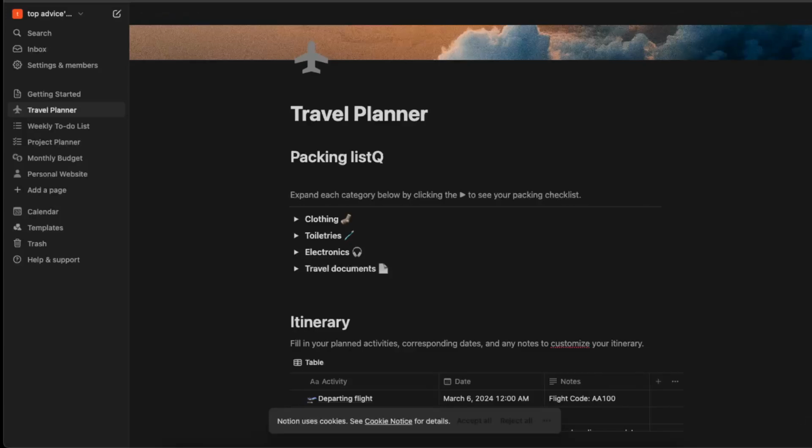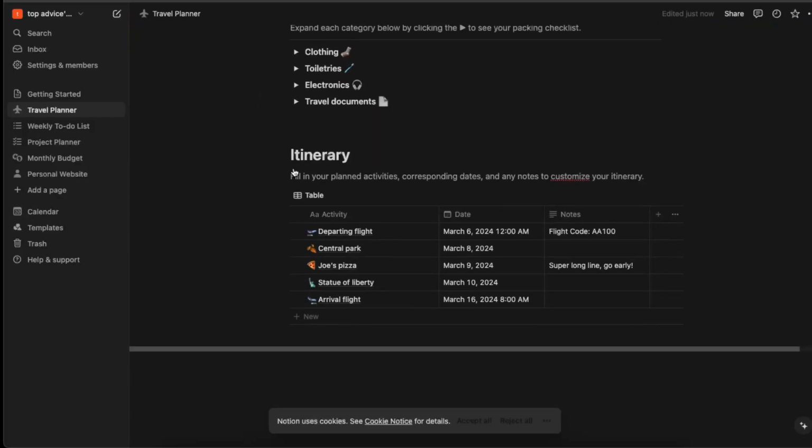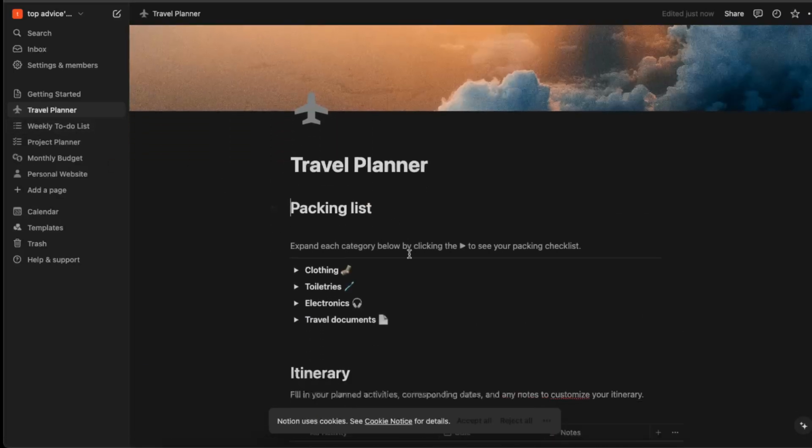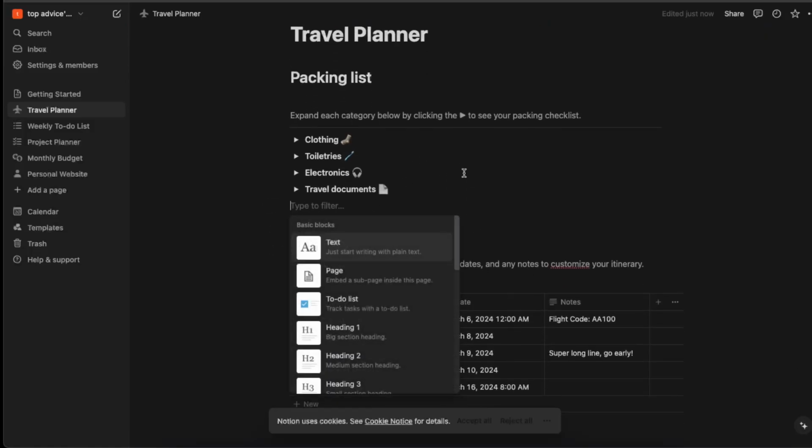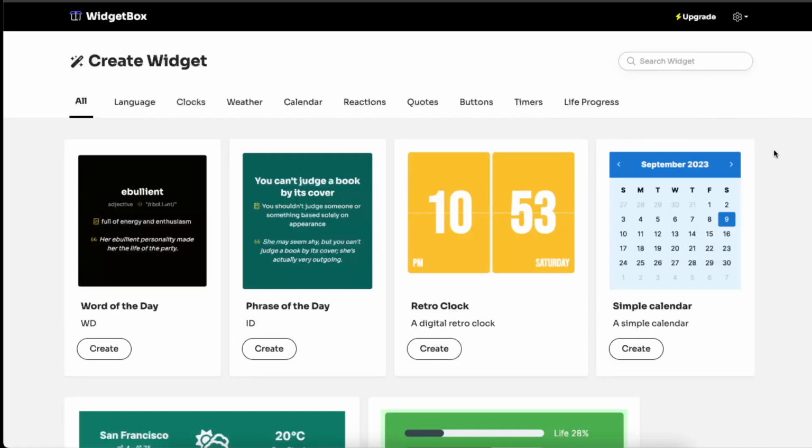Hello guys, in today's video I'm going to show you how to move Notion widgets and how to create them. So to do this, you're basically going to open up your template where you are filling up something, and then you want to go ahead to widgetbox.app,